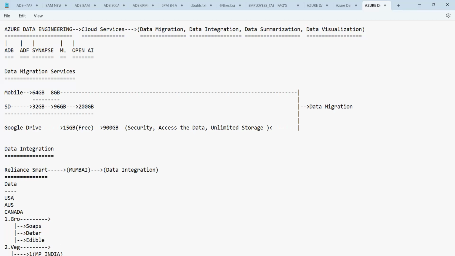Because here, US, Australia, and Canada are there. Okay. Right, everyone, US, Australia, and Canada are there. Now here you also have US, Australia, and Canada. Three different places where you have the data. So what you are doing is gathering the data from all these places and putting it here in India. The data is gathered from three different locations